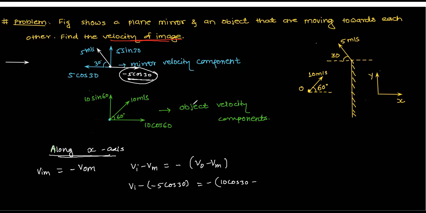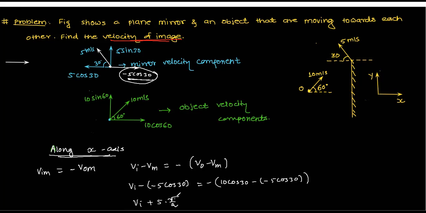Already we have taken on this. So you keep it here minus of minus 5 cos of 30. Already we have taken, and close the bracket. So now how much you are getting here? Vi plus 5. This cos 30 is how much? 1 by 2. Cos 30 is not 1 by 2. Cos 30 is root 3 by 2. One minute. Wait. Make it root 3 by 2. How much? Root 3 by 2. This is not 60.